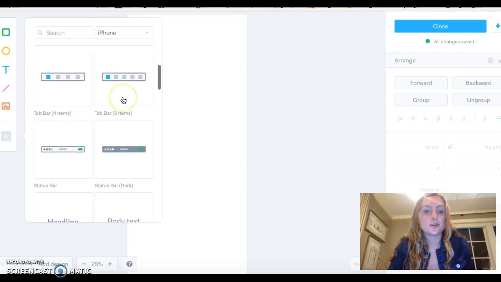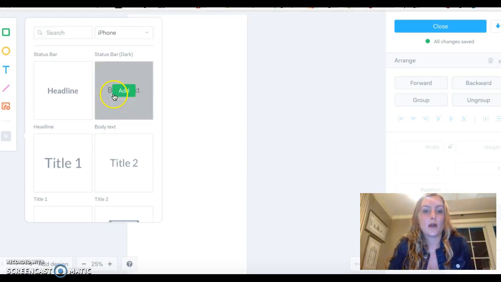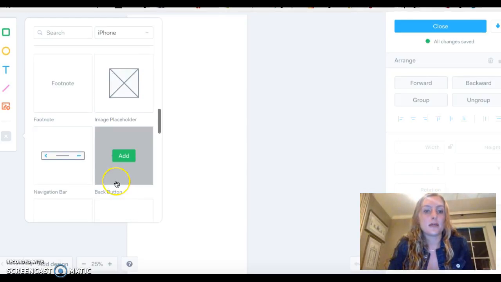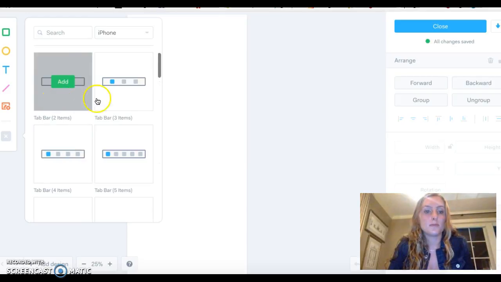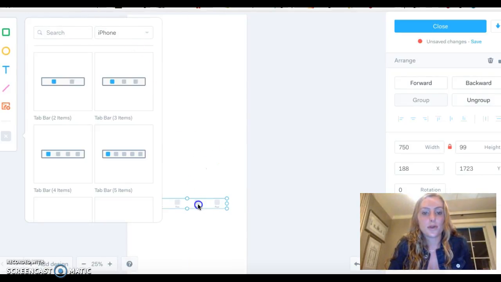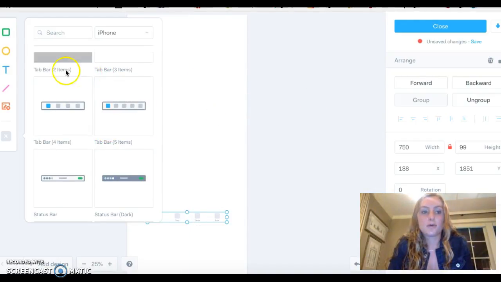If you want tabs on your screen to be able to switch different screens, and then how exactly you want to present your title and any other kind of add-ins, it gives you the ability to add. So if I want to put in this little tab in here for the screen, I'm able to do that, and also able to add